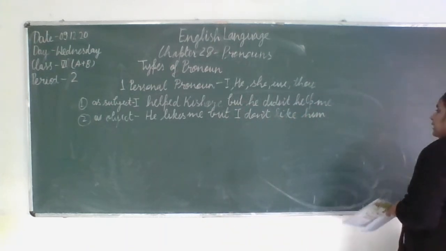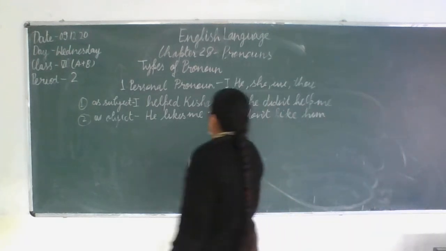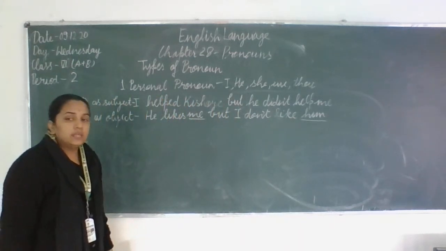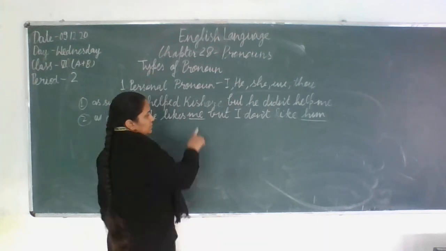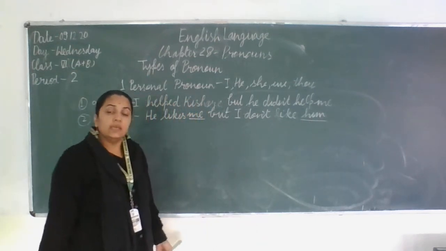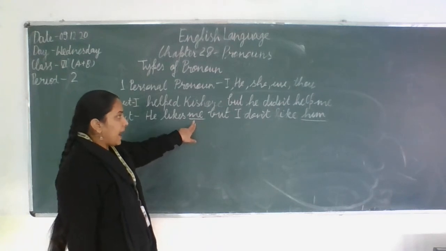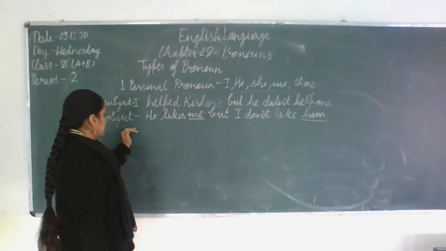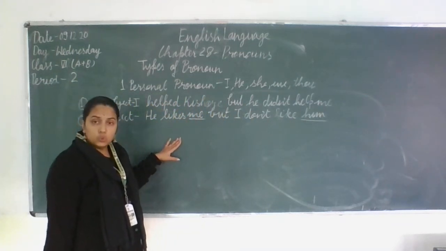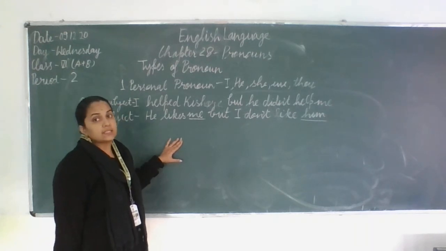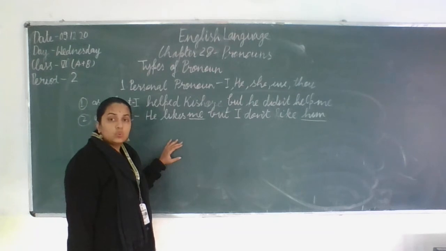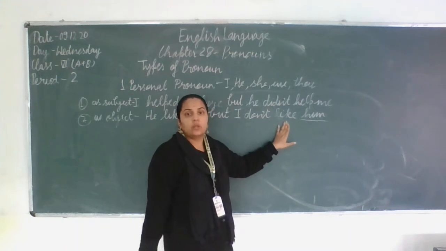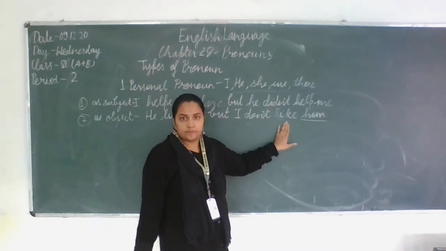So here in this sentence, me and him are what we have found in the table to be used as the objects. Me is the object of I and him is the object of he. So in this sentence, the personal pronouns are used as the objects and they are used after the verb. Here likes is a verb and here like is also a verb.